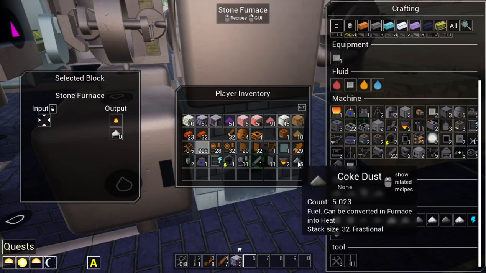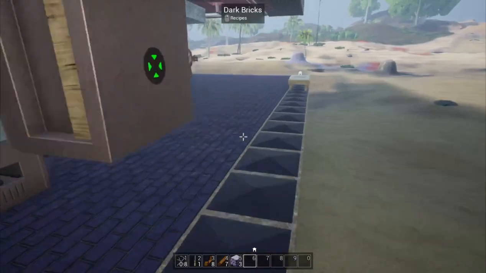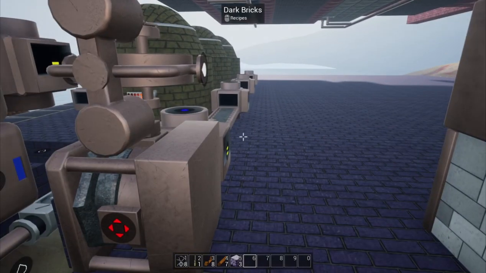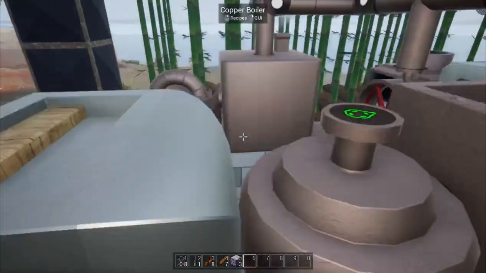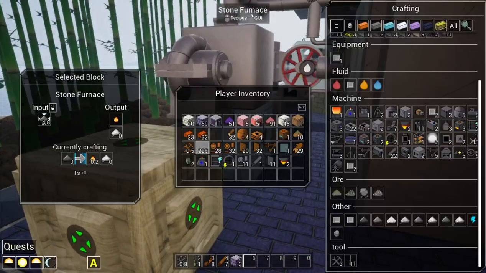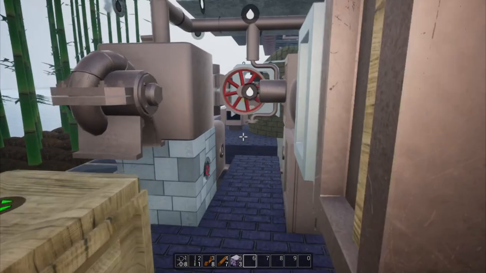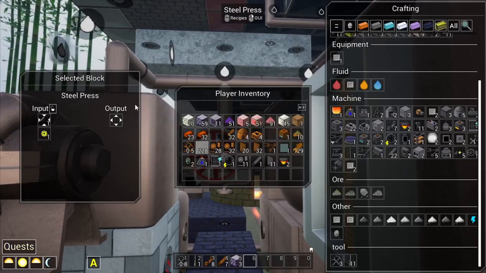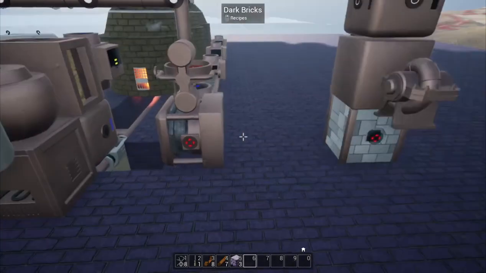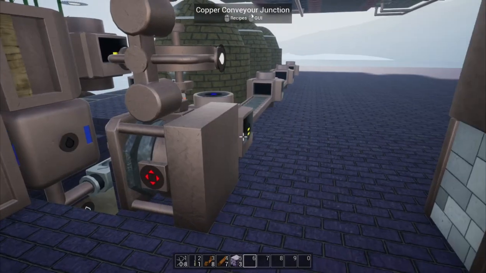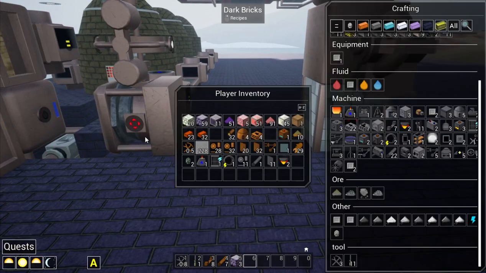I didn't manage to make some coke dust, so I might as well use it here. But having two steam engines constantly consuming it probably will not last very long, especially because they don't have anything there to process. At least there. Here we have 10 blocks of it. So I could actually